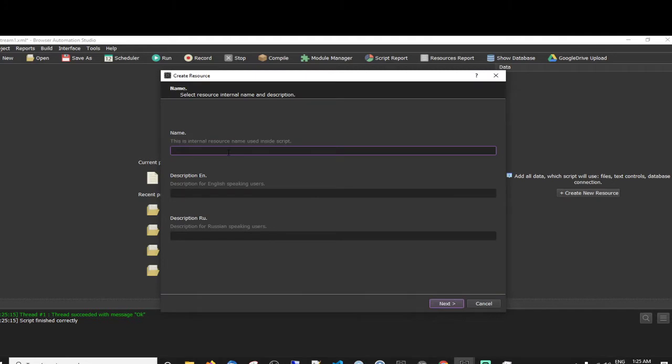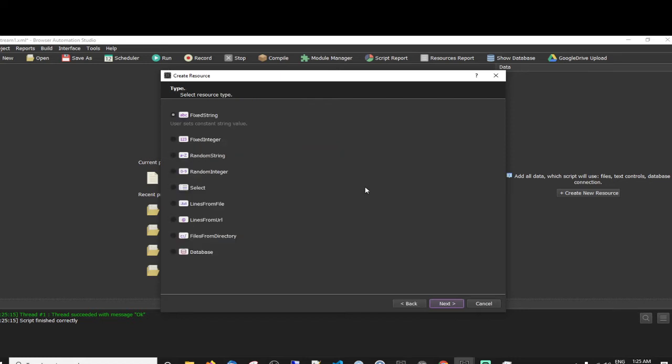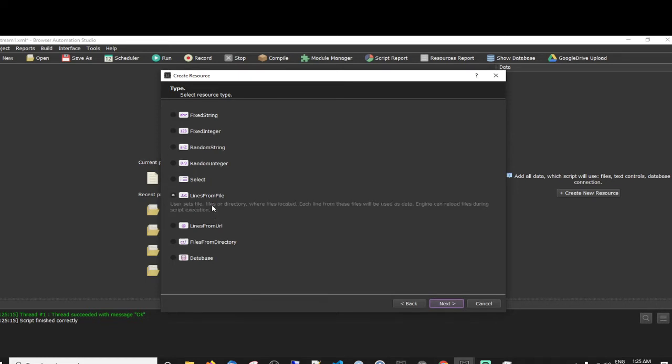Let's make a resource and call it a list of emails. And then we could use lines from file.